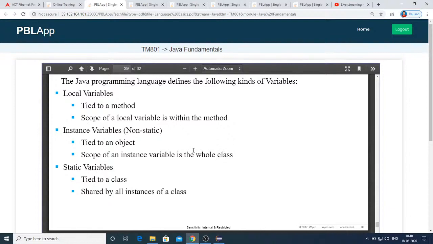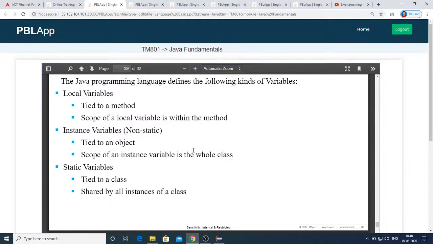I repeat, local variables have their life only within the method, whereas instance variables, which you can also call class variables, have their life throughout the class. That means all the methods of that particular class can access and alter the variable values.